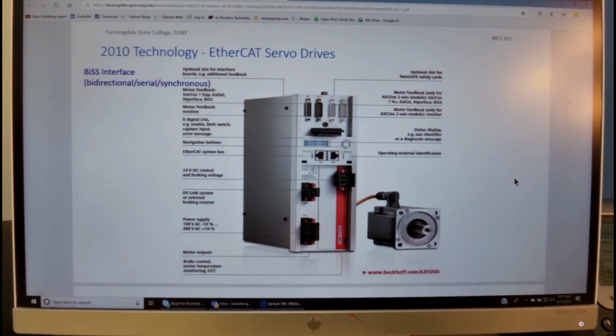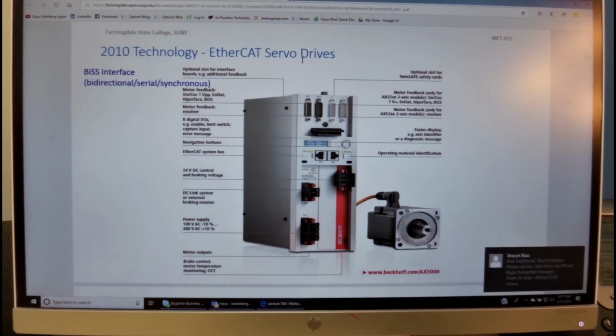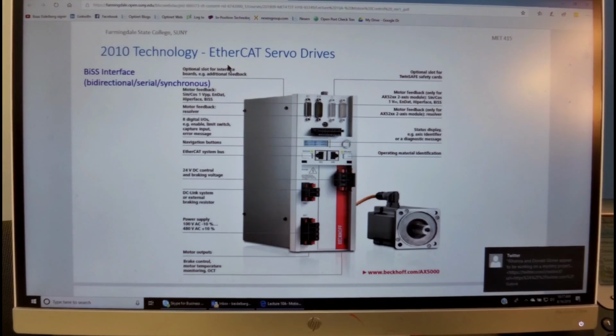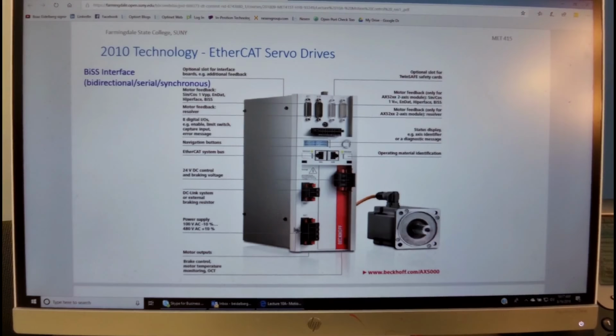We see one of the latest technologies starting in 2010. It's called the EtherCAT servo drive, which is high-speed Ethernet, where the control automation technology is being embedded within the Ethernet. And this is a typical servo amplifier, which includes also the servo controller.